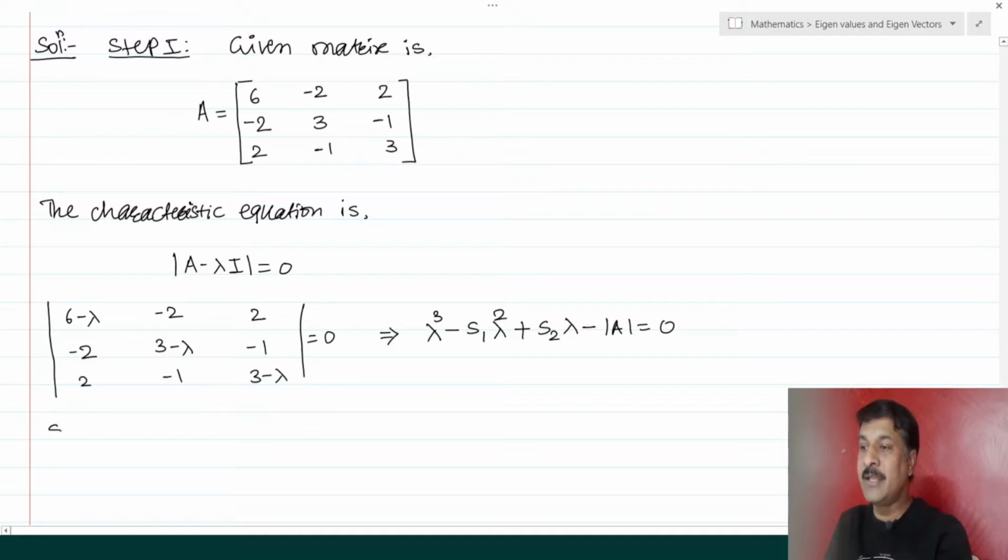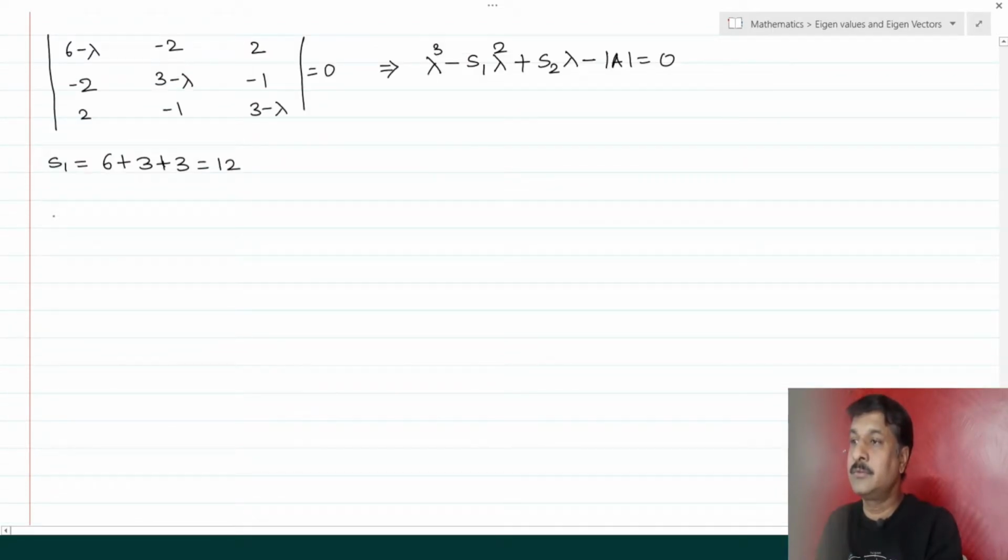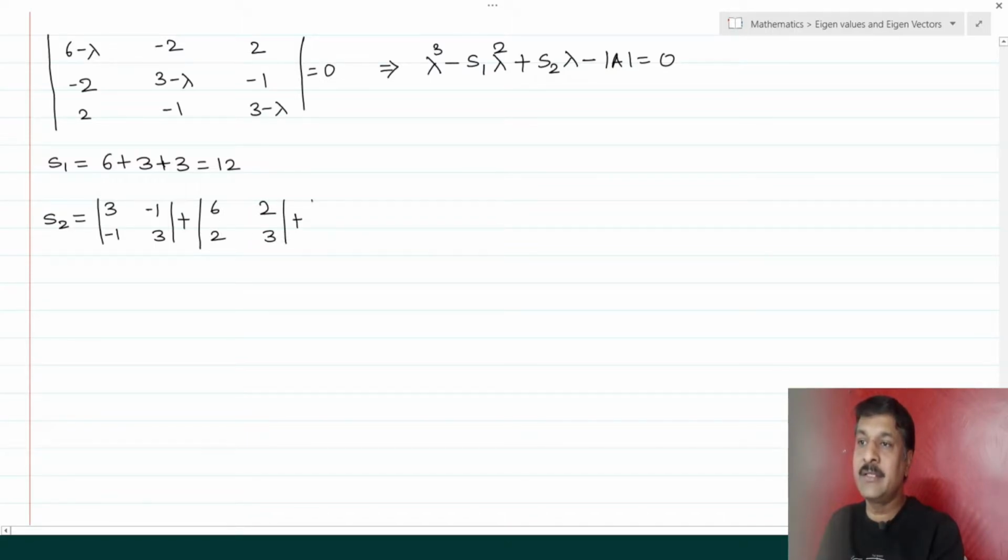So what is s1 there? S1 equal to summation of diagonal elements. So I am getting here 6 plus 3 plus 3, that is equal to 12. What about s2? So what is s2 here? Sum of the minors of diagonal elements. So I am getting here 3 minus 1 3, plus the minor of the second diagonal element, it is 6 2 2 3, plus the determinant of the minor of the third diagonal element,